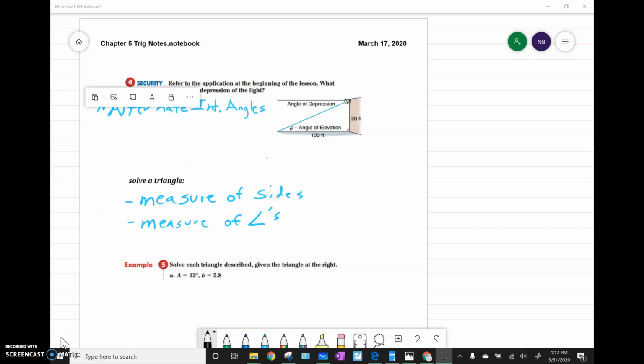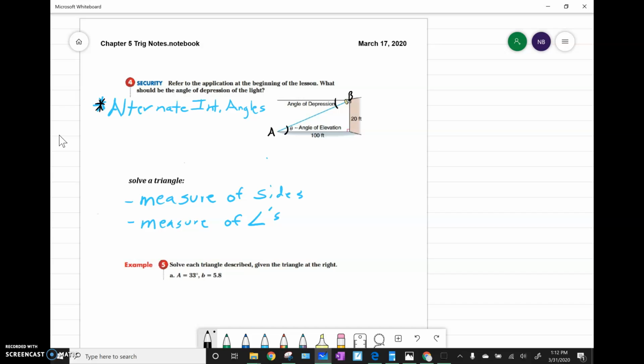All right, let's start off the second part of section 5 with covering interior angles and alternate interior angles. So if you look at this, we can see that the angle of depression right here is congruent to the angle of elevation because they are alternate interior angles. So that's going to play kind of a role in how we're going to look for angles within a right triangle. So the way we could do this is say, let's say this is angle A, and let's say this